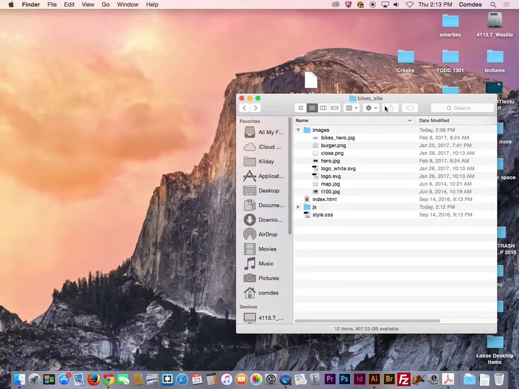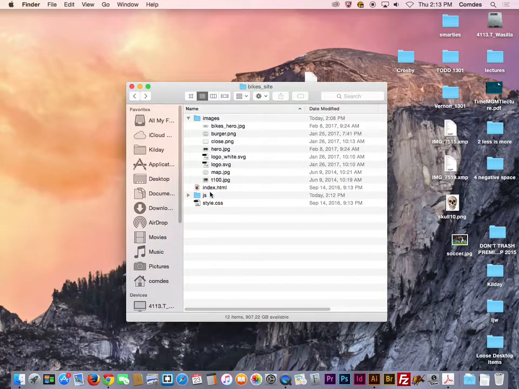So now I can close that, and I'm just working in my site with my HTML, my index, and my style sheet, and all of my images in there. I'll give everybody a minute to get that stuff. You'll notice that you'll have a couple of different